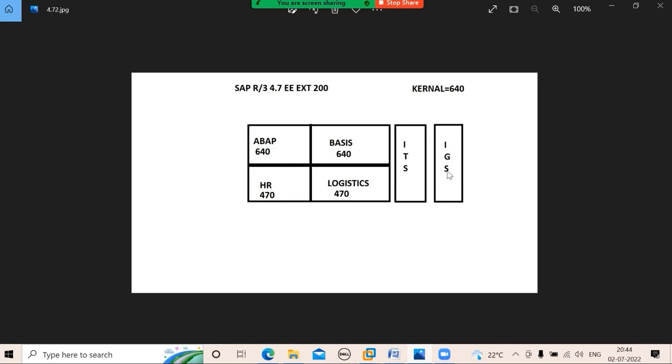So observe here, slowly SAP is moving towards the web kind of thing. Previously, it was only application server. After that, they converted it to web application server. Now, even in that web application server, they are supporting more graphics for the internet. So slowly, the SAP software is moving towards the web, right?